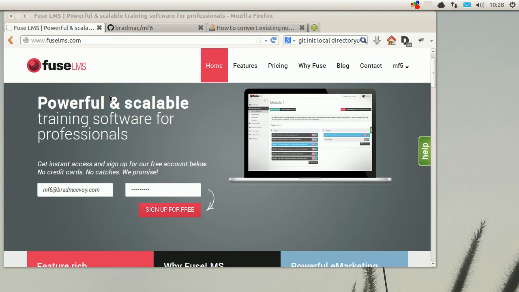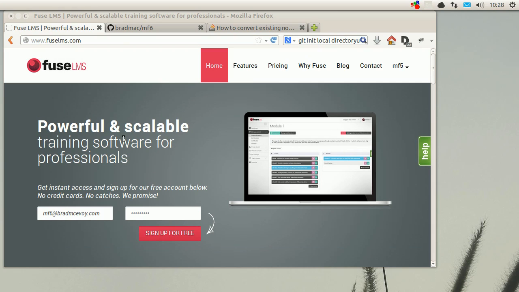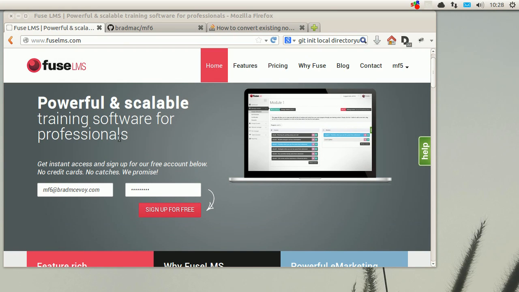So most LMSs are pretty painful for developers to work on, and the end result usually is pretty poor. So with Fuse, we've tried to do things differently. We've made a platform which is all cloud-based, but developers can work with it with your normal toolset. So your normal IDE, your normal source control, and nice modern web dev tools like Bootstrap and jQuery and cool